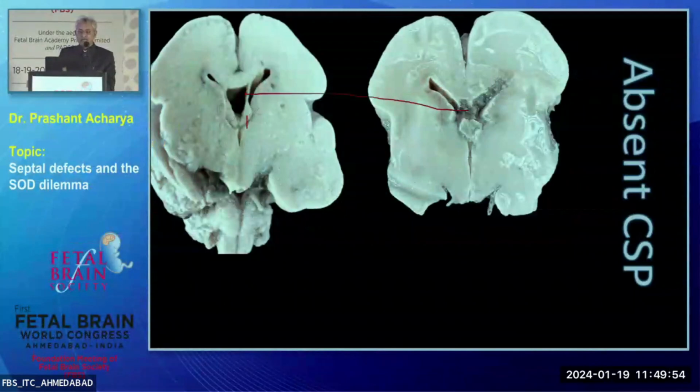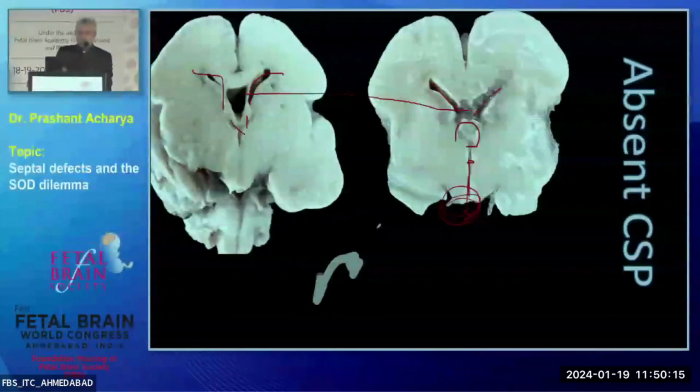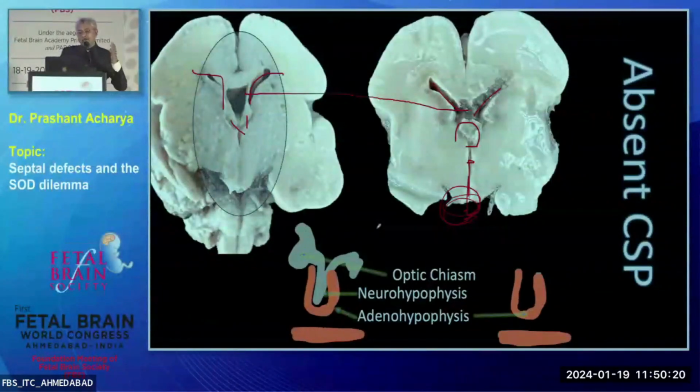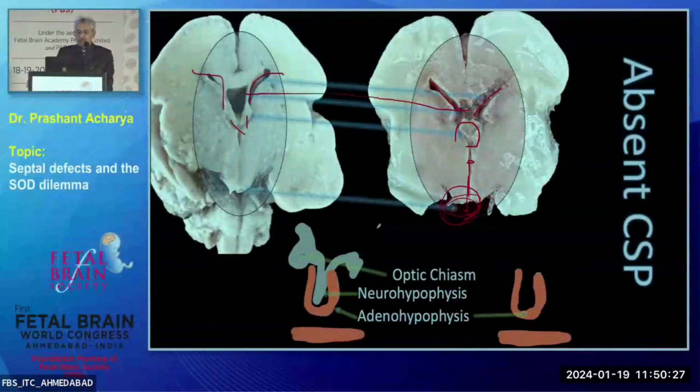The fornices are separate here, which are fused here. Look at the shape of the anterior horn here, bending like this. Practically, here it's just like a straight one. These are the three important things as far as coronal sections are concerned. And other things, you can always look at the base of the brain for the optic nerve, optic tract, and chiasma. This is what exactly I'm trying to put across: because the optic chiasma is not developing, the neurohypophysis can be located anywhere, what we call an ectopic pituitary. So this is what we will be discussing.